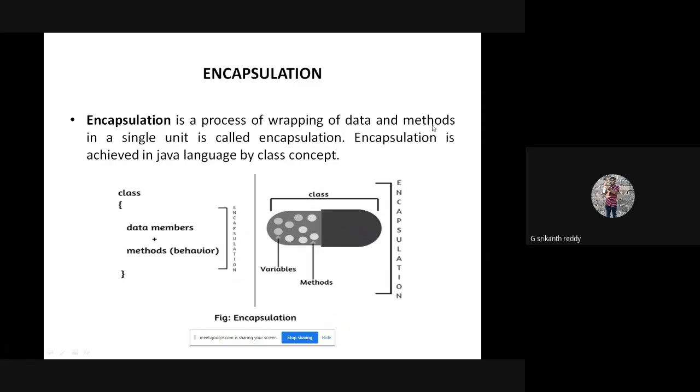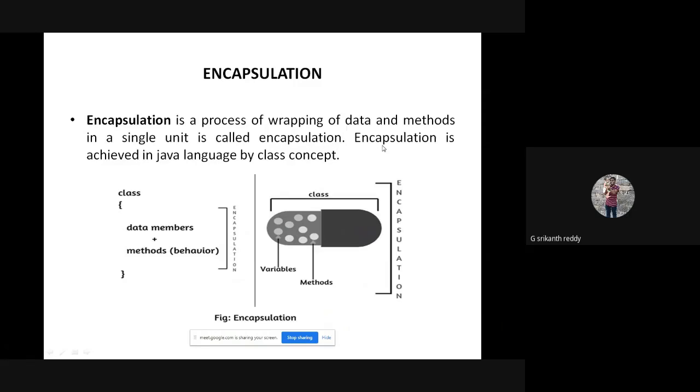Methods are also known as functions in C++. So data and methods are combined, wrapped, bound together into a single unit, and this process of combining or wrapping is called encapsulation.